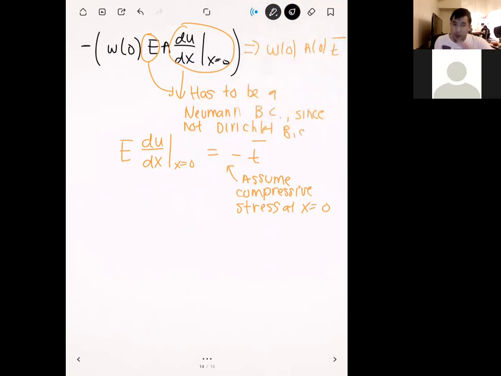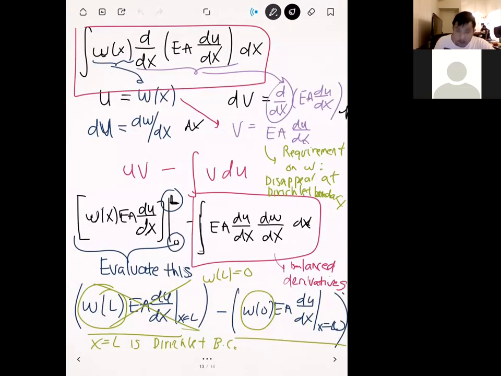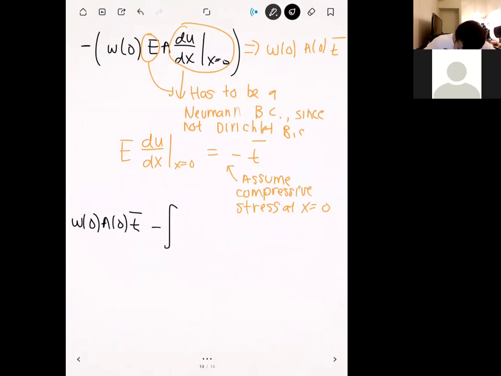Okay. So that was a lot of integration and filling in terms and making assumptions. So let's pull it all back together. If we put this all back together, we get the following expression. First we have this guy. So we're going to have W of 0, A of 0, T bar, minus our balanced derivative guy right here. This is going to be the integral from 0 to L of dw dx times E times A du dx, dx, plus